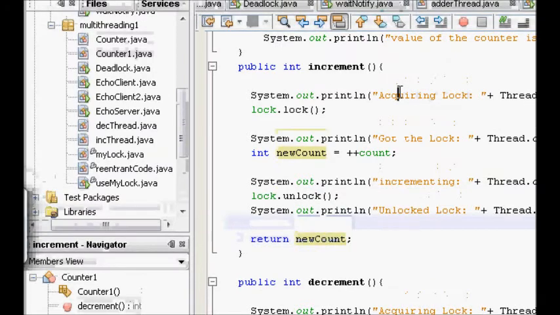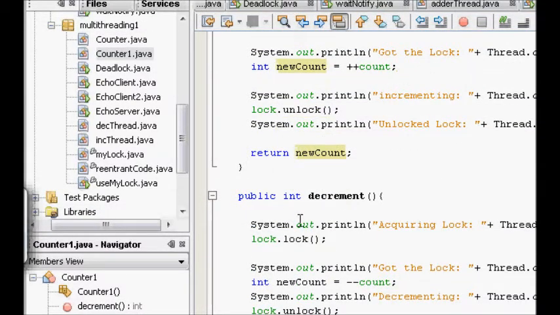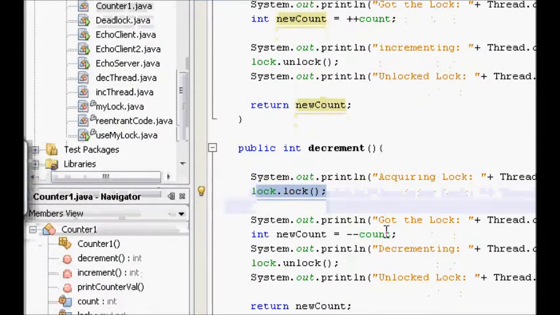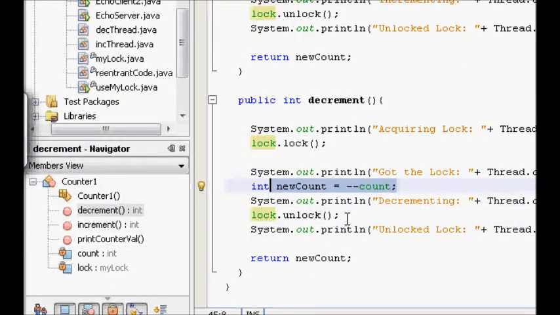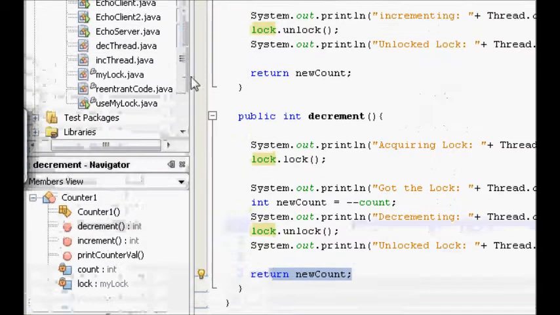So this is increment. Decrement is also very similar. We first acquire the lock, then we decrement the count, and finally unlock and return the decremented value.